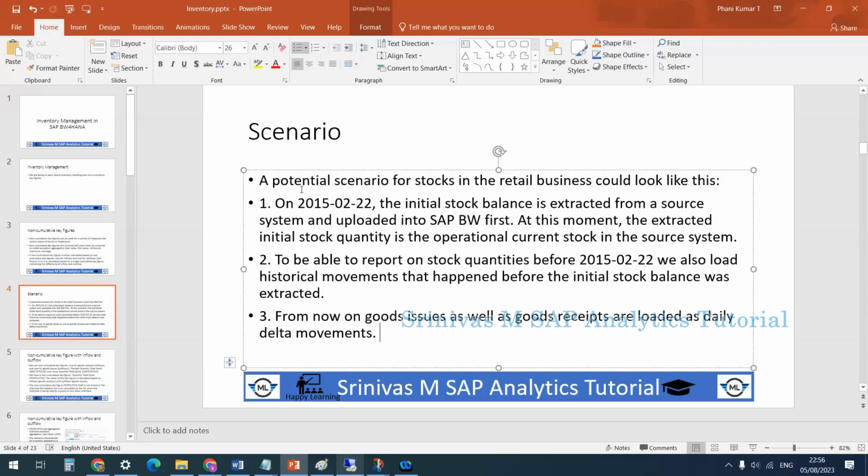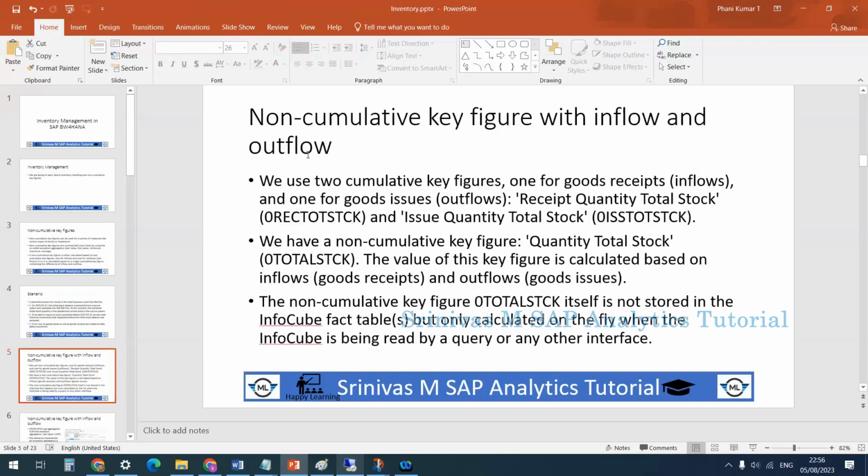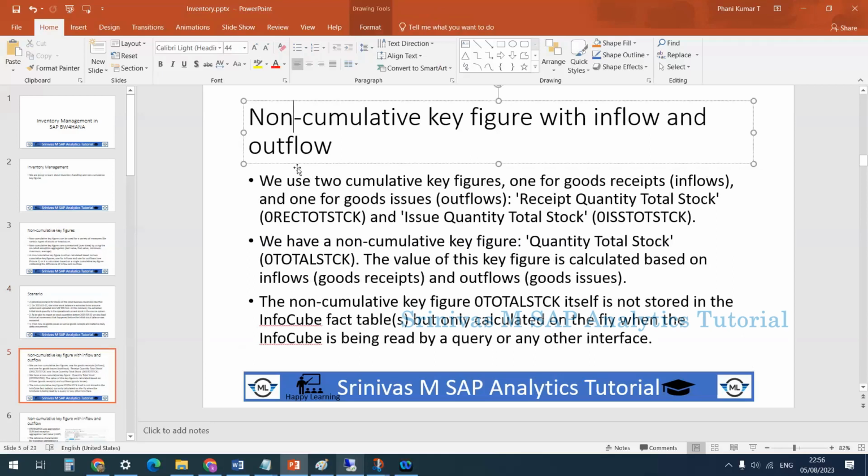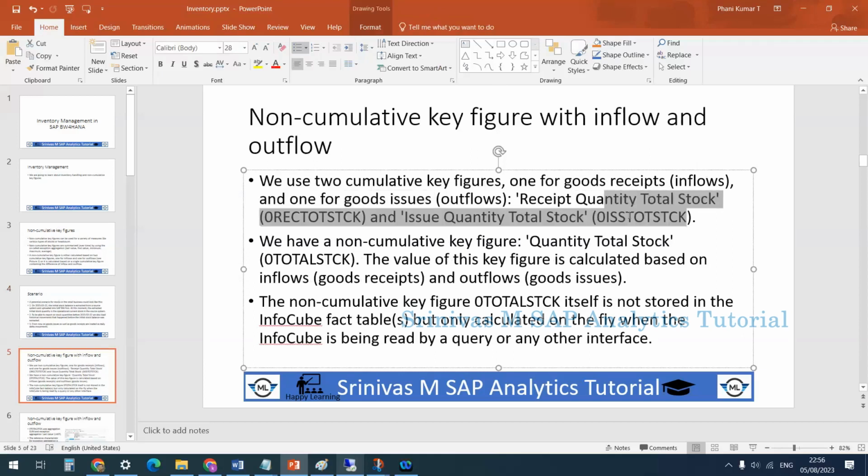Okay, so let's take a scenario. Non-cumulative key figures with inflow and outflow. We use two cumulative key figures, one for goods receipt and one for goods issue: receipt quantity, total stock minus total. So what will happen here? To understand this one,